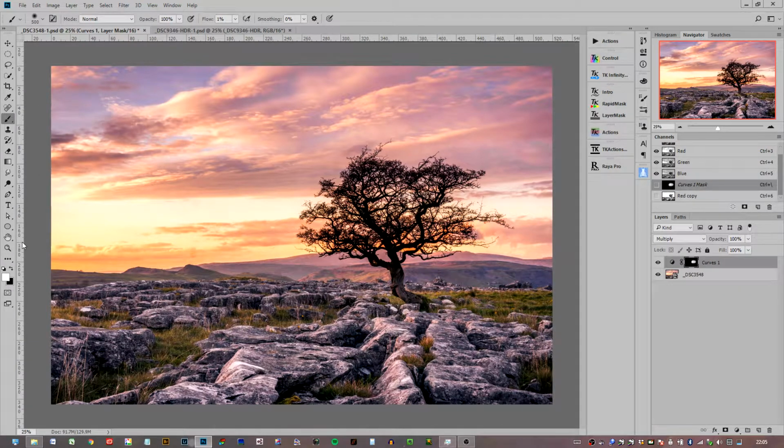I'm going to go down to our brush, so select your brush again, and this time you want black as your foreground color, so press D on your keyboard and then switch it so black is on top. We're going to take our flow all the way up, and we just need one pass at this. So you're going to select your mask and just paint on top, and you see magically details in the tree will start to come back, and make sure you get all of it,